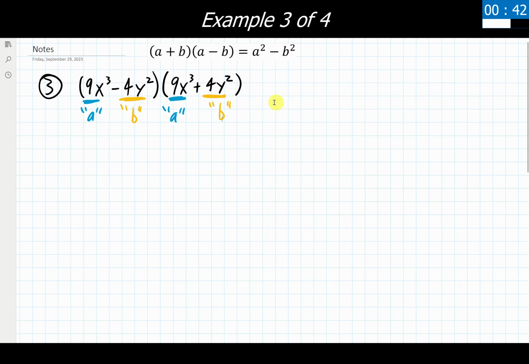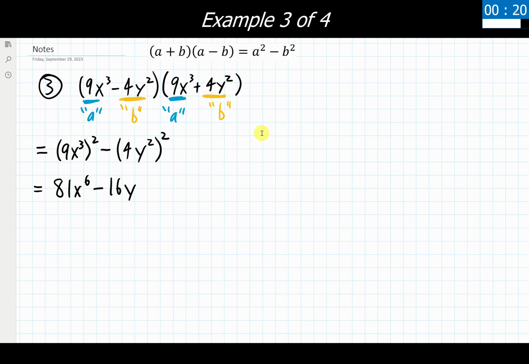So now that we have these written out for ourselves and labeled, we can go ahead and substitute these in for A and B in our final answer. We're then going to fully simplify that down, and then we will get to our final answer in 2, maybe 3 lines of work. And here we get to our final answer of 81x to the sixth minus 16y to the fourth. A lot less steps and a lot faster than having to go through the full distributive property with these particular types of problems.